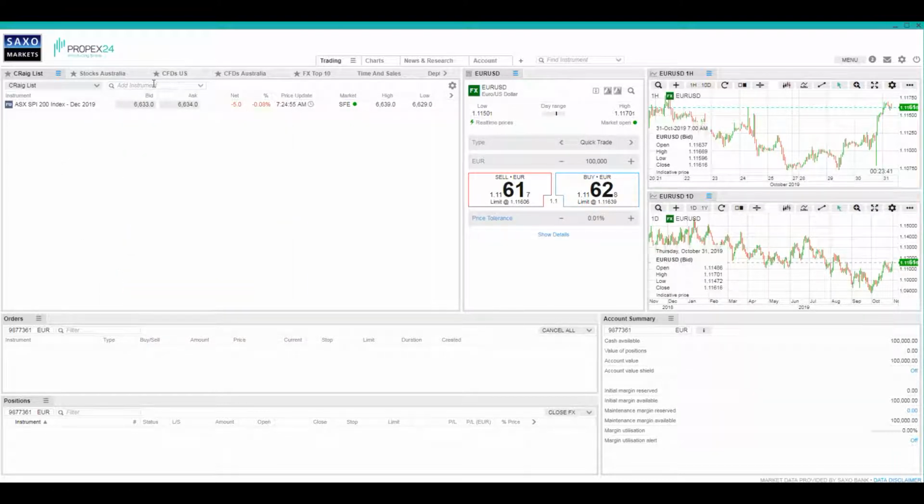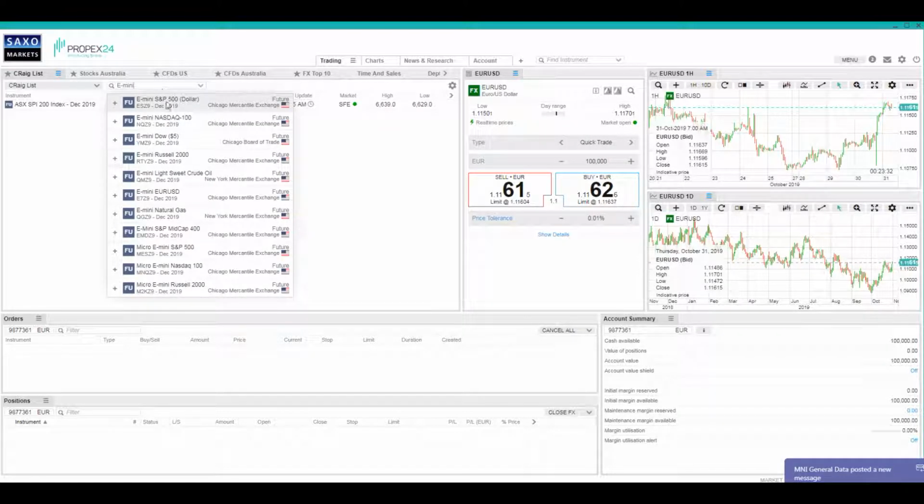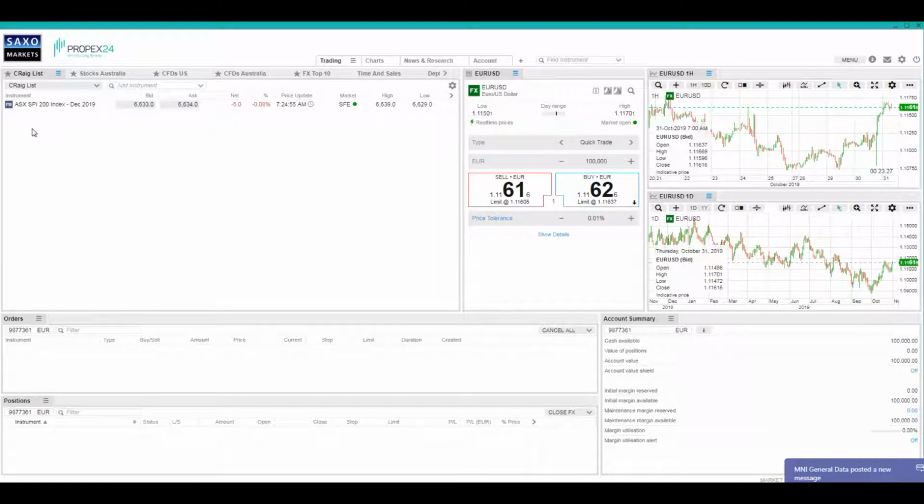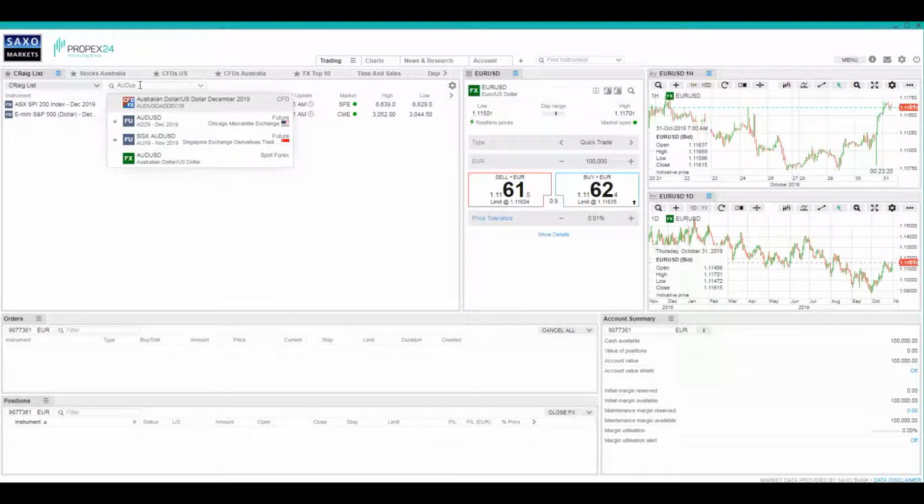And let's say that I wanted to type in the mini S&P, so I could go E-mini, and all the various combinations come up there. I'll just choose the mini S&P December. Let's say I also wanted the AUD USD. Now I've typed in AUD USD. The CFD comes up, as does the futures. So for us, I'm going to choose the futures,